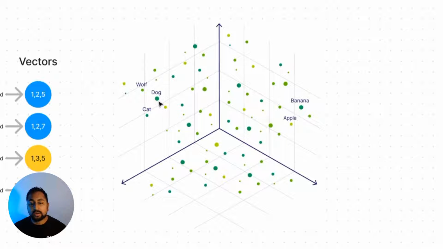dog and cat are pretty close together, and apple and banana are way farther apart. You also see that dog and wolf are pretty close together, in the same way that cat and lion might be close together, because they're within the same species. And so if I thought about the concept of animal, I'm thinking generally over here. And it's going to pull in wolf, dogs, cats, and what other animals that I've got stored in this kind